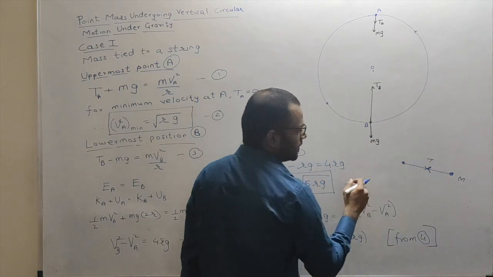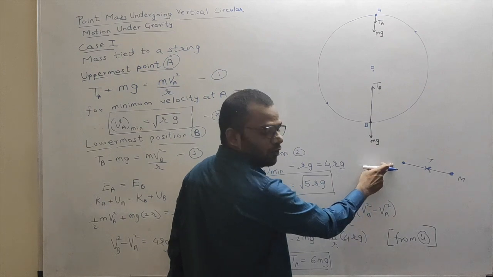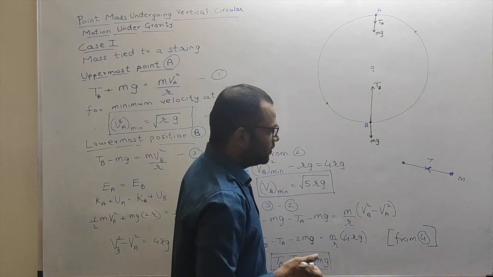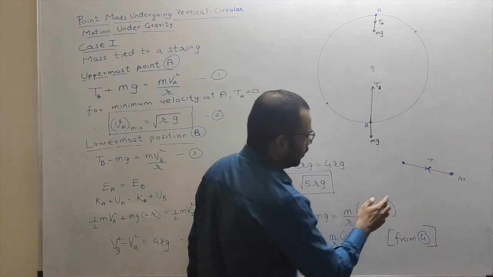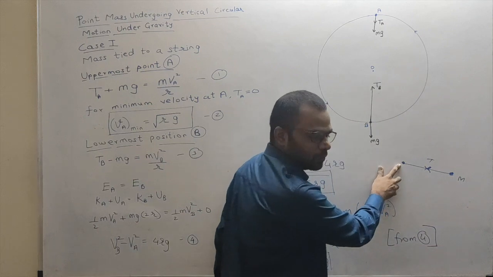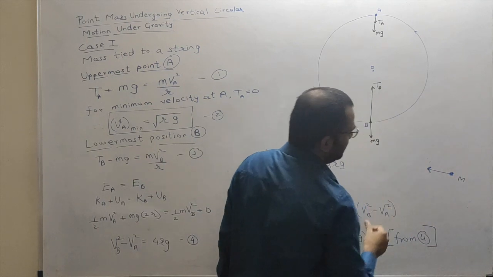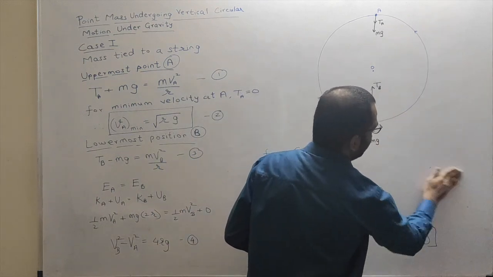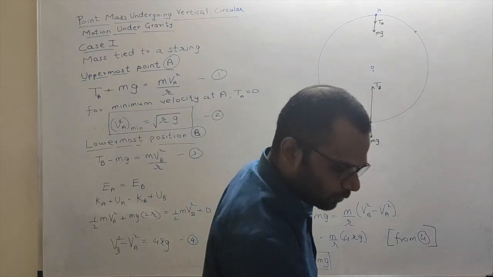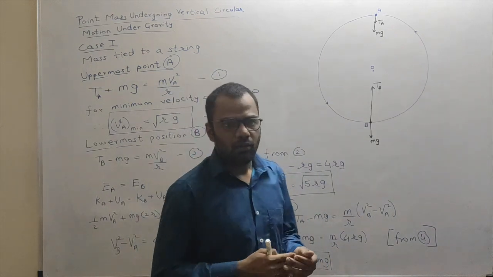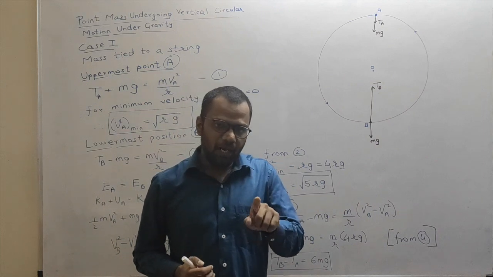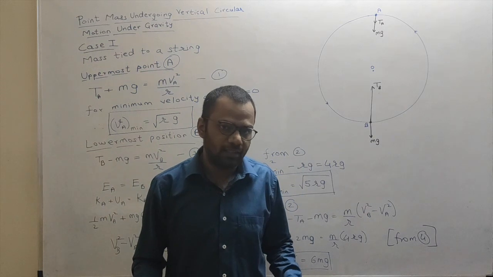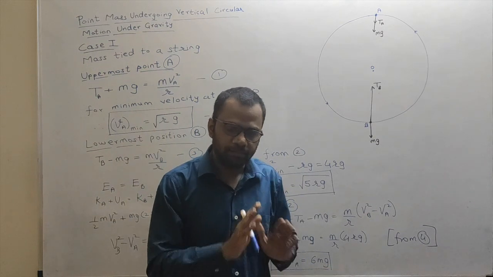And the same force acts on the rigid support where the first end of the string is connected, in that direction. But since we are going to talk only about the forces on the bob, we are not interested in the force acting on the rigid support. Hence the tension in the string will always be towards the center along the length of the string. Once again, let us recall, for any particle to perform circular motion, what is essential? A centripetal force is essential towards the center along the radius.